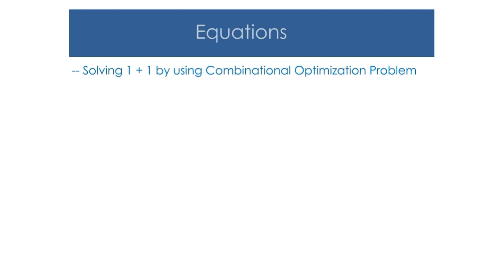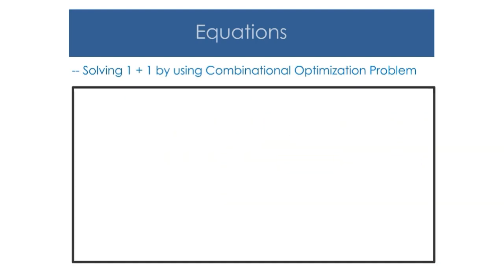Before starting the actual video, let us learn the equations used for solving 1 plus 1 using combinational optimization problem. Firstly, we want to solve the problem given in equation 1. This is equivalent to solving the minimum value problem given in equation 2. Expanding it, we get equation 3. Besides this, the equation can be written in decimal number using 2 qubits binary value given in equation 4,